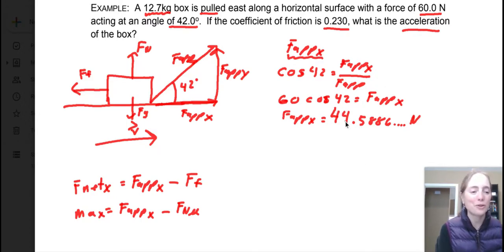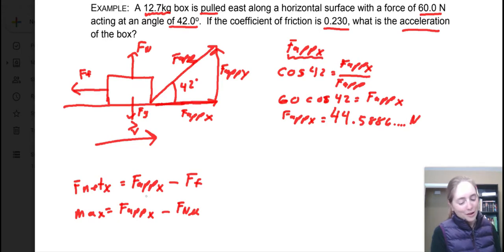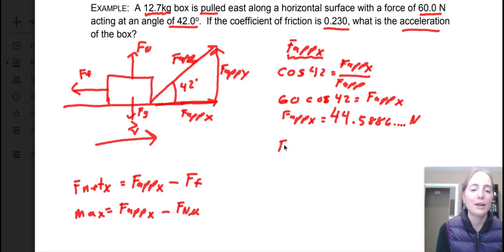When we go to build our equation, we are going to be putting this guy right in here. Okay, this is where the tricky part's going to come in. We are now going to need to get our force normal, our normal force. And we are going to need our force applied on the y for that. So while we're at it, let's just calculate that number, and then I will show you why we're going to need it. Okay, now for force applied on the y,